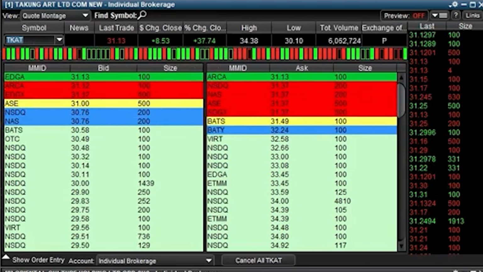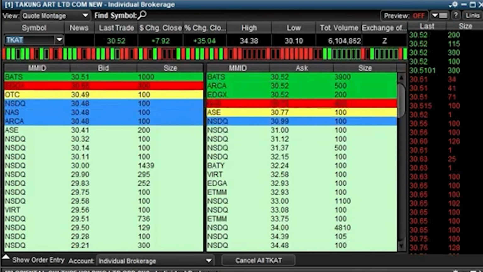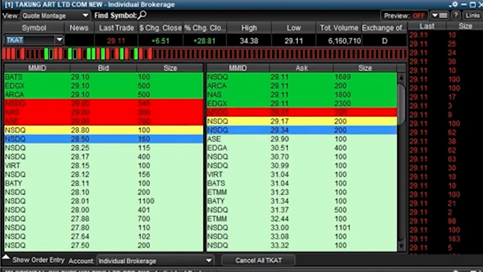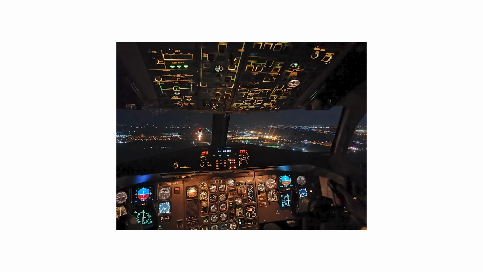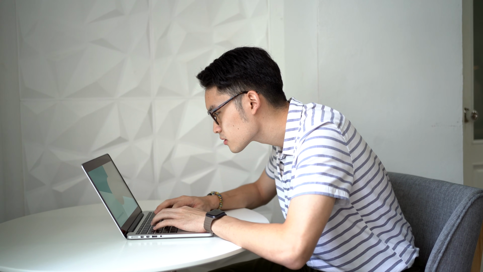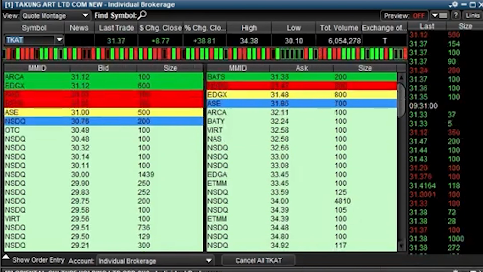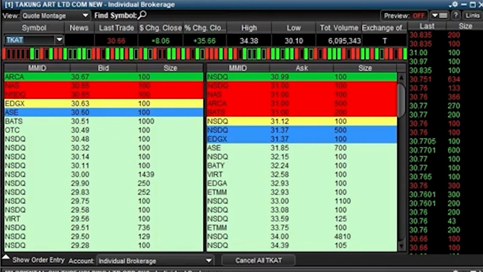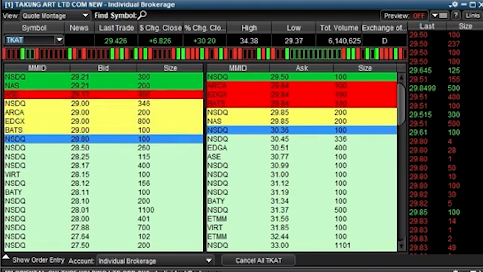At first, the level 2 data looks just like a bunch of flashing lights and numbers moving up and down randomly, almost kind of like an airplane cockpit. There's so many buttons and dials you don't even know what you're looking at. I completely understand that, but once you kind of know what you're looking for, it becomes a lot easier to read. So usually the level 2 looks something like this, where everything is moving rapidly and colors and numbers are